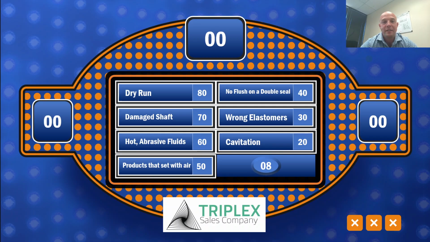Next, we have cavitation. Cavitation is when the net inlet pressure available in the system falls below the net inlet pressure required of the pump. We see this for really hot fluids. Without going too far down a rabbit hole, every fluid has a vapor pressure, and that vapor pressure changes